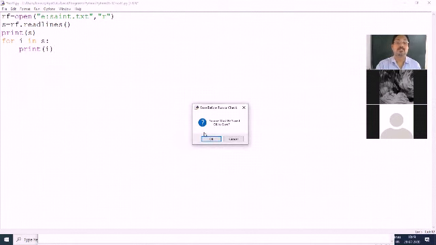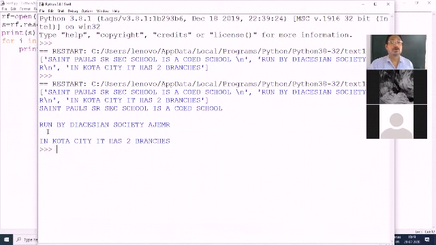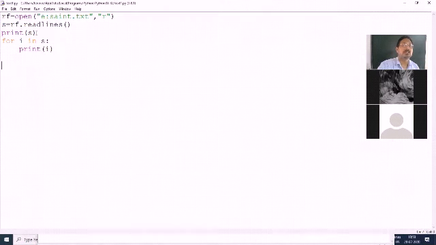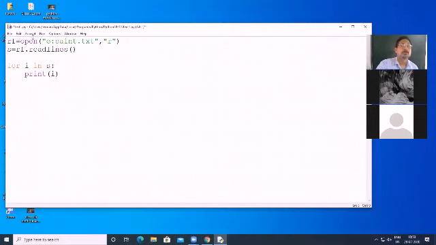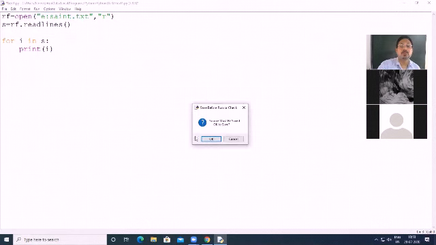Just see the result. Okay. So St. Paul Senior Secondary School, then run by, and this. Why is this output coming? This is also because I have used print s here. So if we remove this, that output will not come. So just see the output. Run module. Okay.